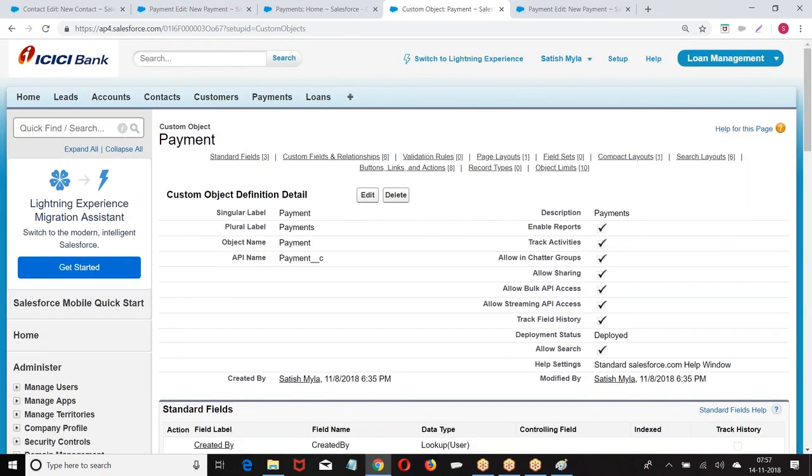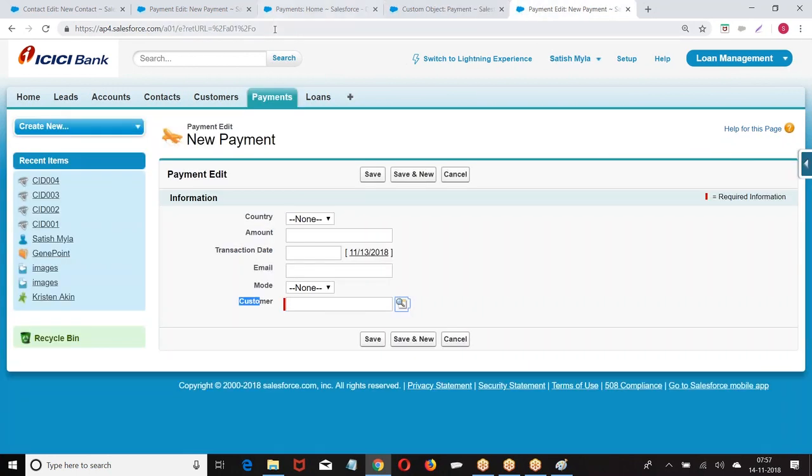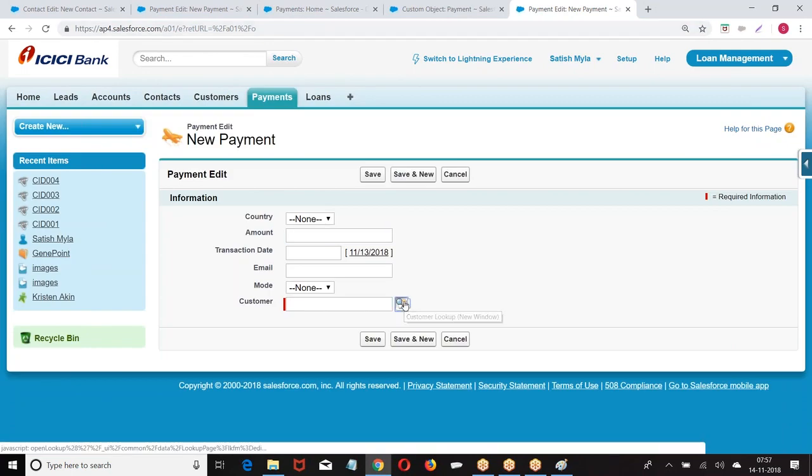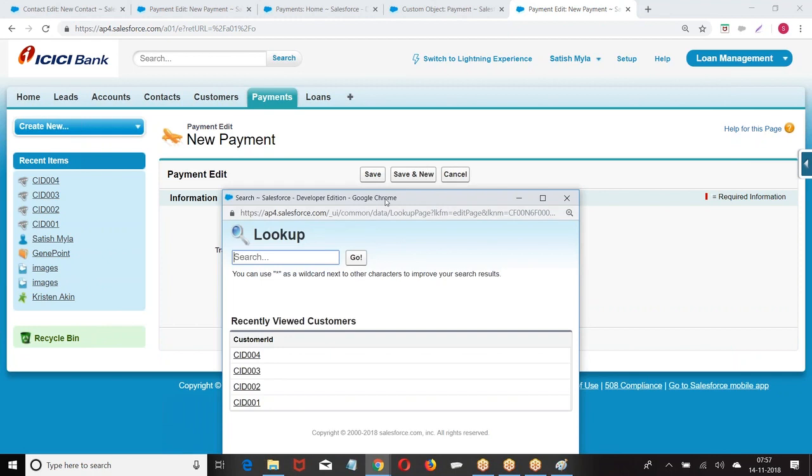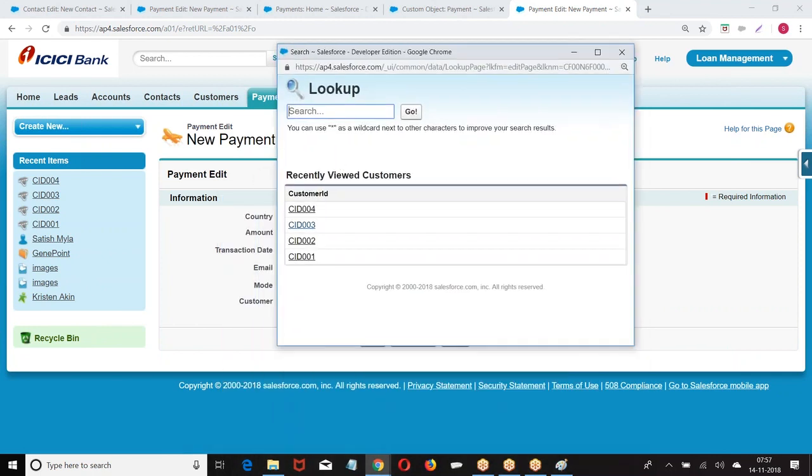When I remove the filter condition, go to payment. Click on the icon. How many records are coming? All the four. Because I removed the filter.